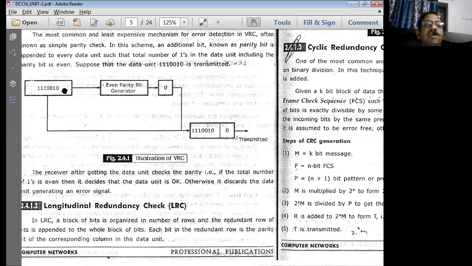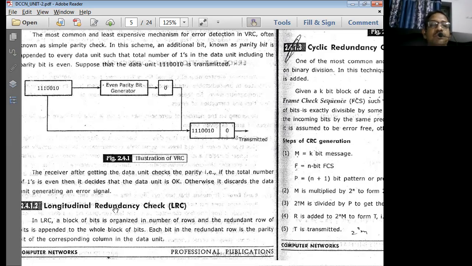Now, if you see carefully, this is the number of bits, 8 bits. These bits we are transmitting along with the parity bit at the end. So put together there are 9 bits. So we are transmitting simply 9 bits from this particular parity checker, or VR checker, vertical redundancy checker. So that's the method which we have.